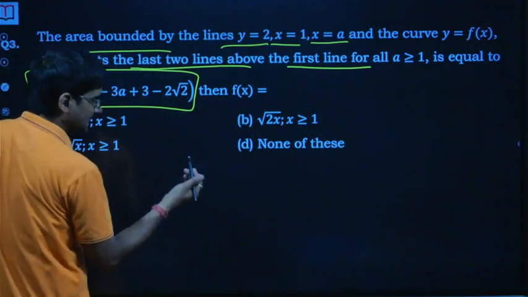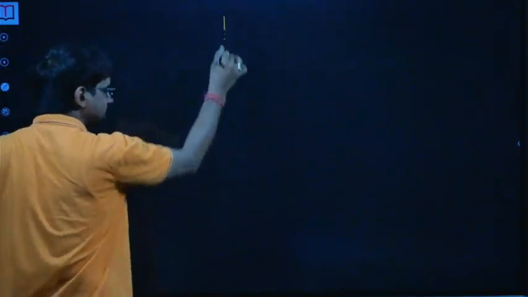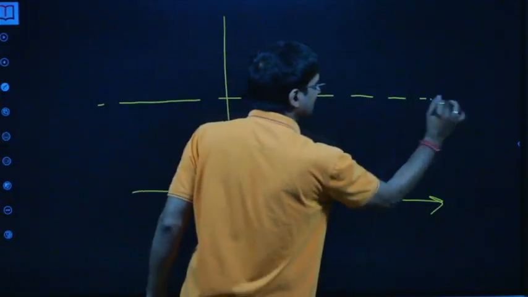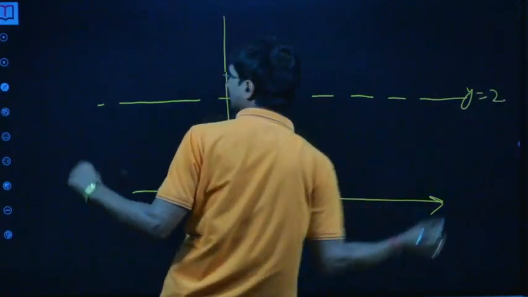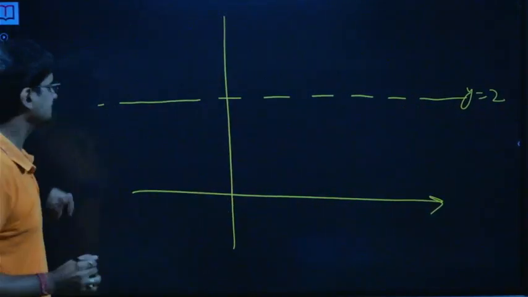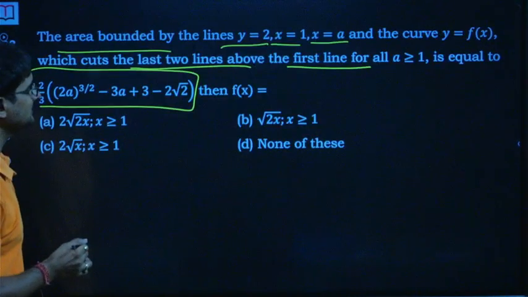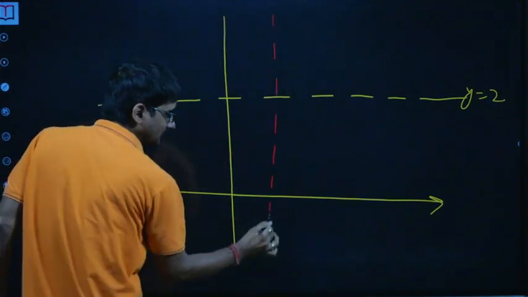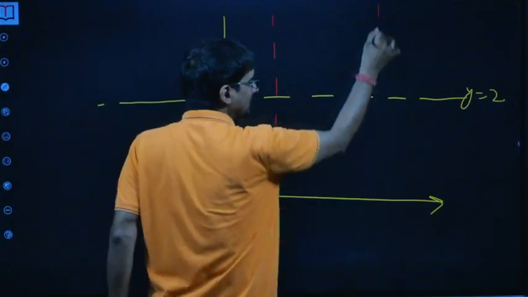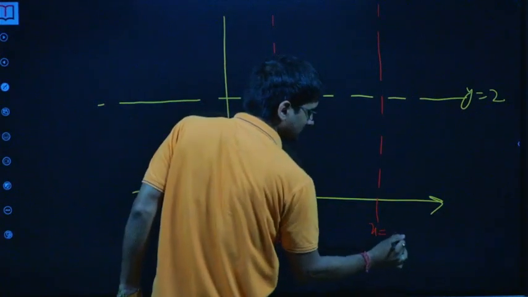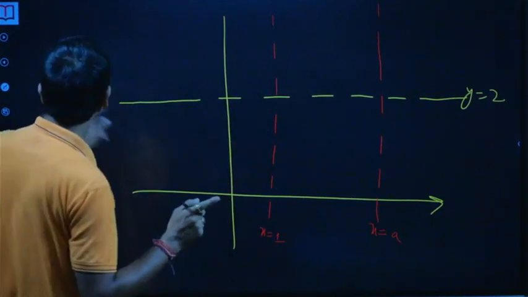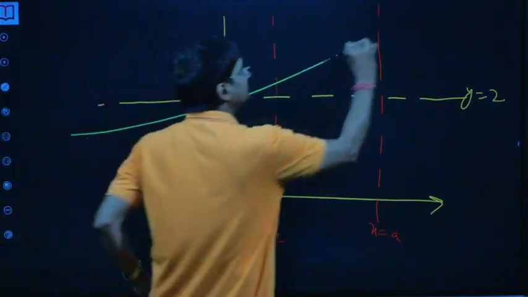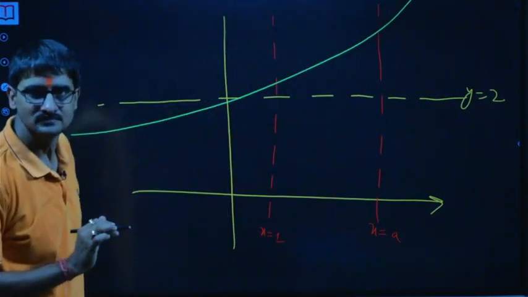If I go for the curve here, of course you may say that where do we have the curve, because that's what we have to find. We have to find the function itself, isn't that? But they said in the question that it intersects x is equal to 1 and x is equal to a. So this is, let's say, the x is equal to 1 vertical line, and as a is greater than 1, so x is equal to a. The curve intersects both the lines above this horizontal line. So something like this, isn't that?